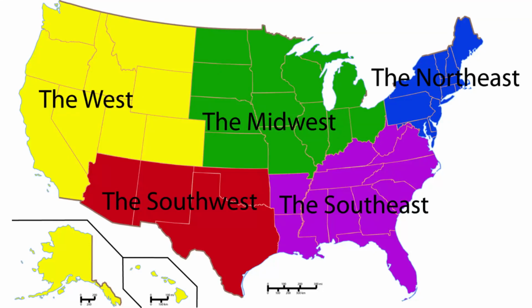Geography of the United States of America. The United States of America is the third largest country in the world based on population and land area. The United States also has the world's largest economy and is one of the most influential nations in the world. Fast facts: United States. Official name: United States of America.